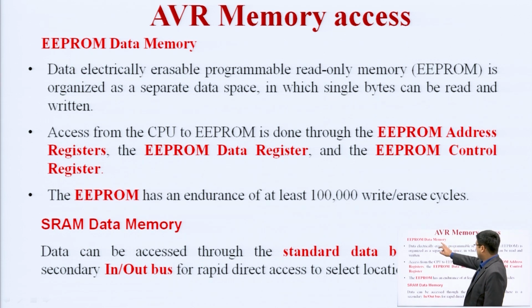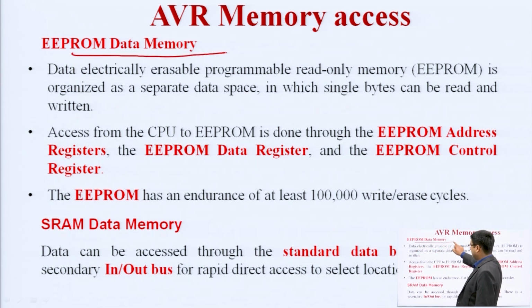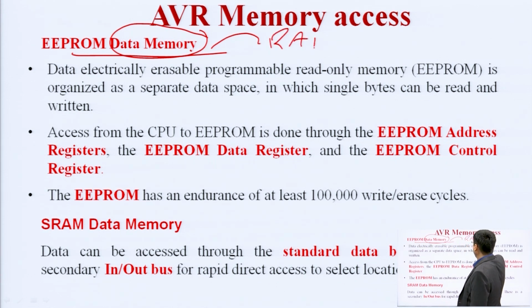Another section available is the data memory. What is the meaning of data memory? It refers to RAM, random access memory. It is dependent on the power supply. Whenever we switch off the system, the contents of RAM will be erased, deleted. So RAM is activated, the data is available, whenever the power is on.